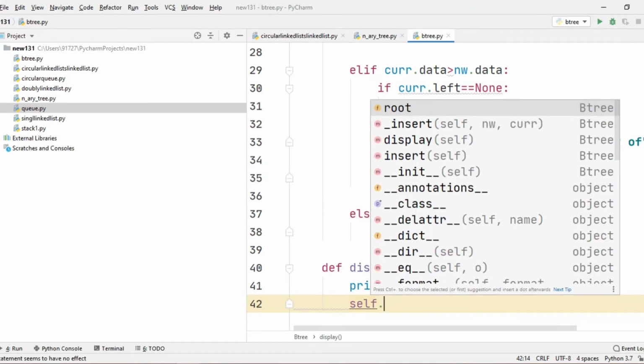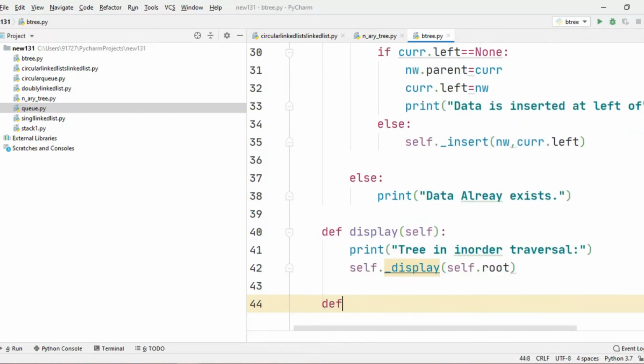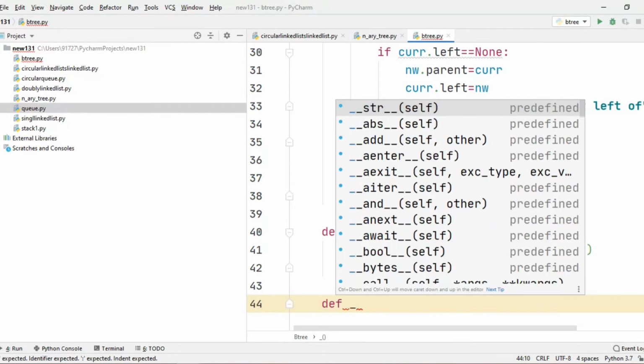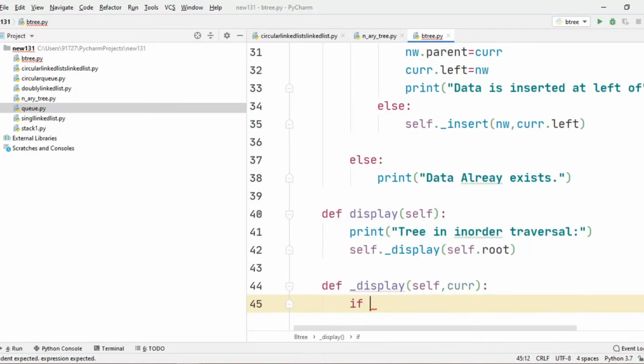Now we will create a new function. Let's call it _display, and we will pass self.root in it. Now we will define _display. It will have one parameter. Let's call it current, curr. Now we will check if current is not equal to None,